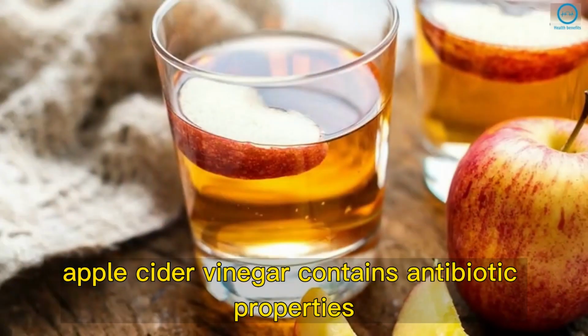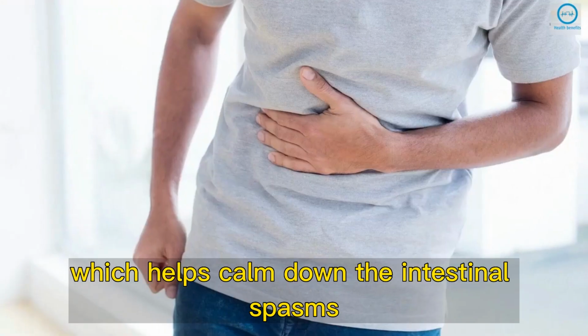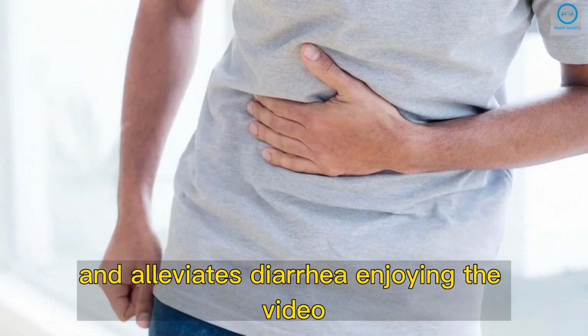Apple cider vinegar contains antibiotic properties and is rich in pectin, which helps calm down the intestinal spasms and alleviates